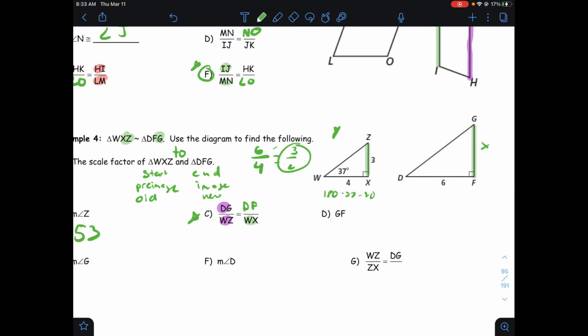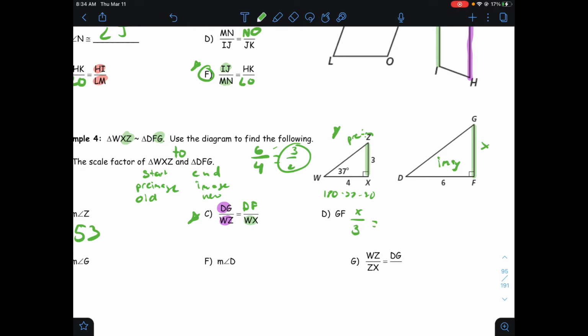So we'll do our image over our pre-image. All right, so we're going to do X over 3 equals, and then we have to